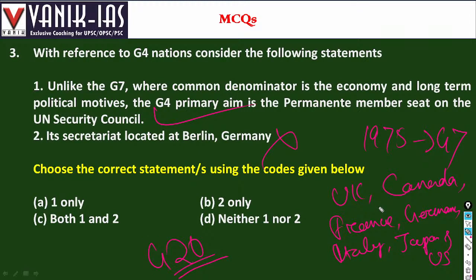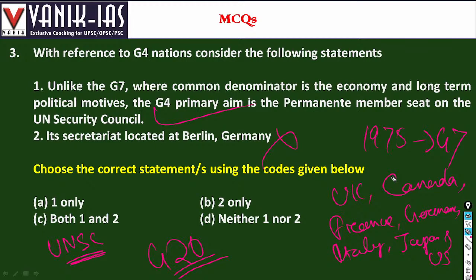What are these G4 countries? G4 countries are those countries who want reforms in the permanent membership of the UNSC, the United Nations Security Council. Currently, there are 5 permanent members: France, UK, US, China, and Russia. Right? These 5 countries have veto powers. That means no decision can be taken by the United Nations without their consensus. If any country applies its veto, then it will not be passed in the United Nations. So they are very powerful. This is why the UNSC, that 5 member body, needs to be expanded. Right? Expansion of the UNSC is required, and